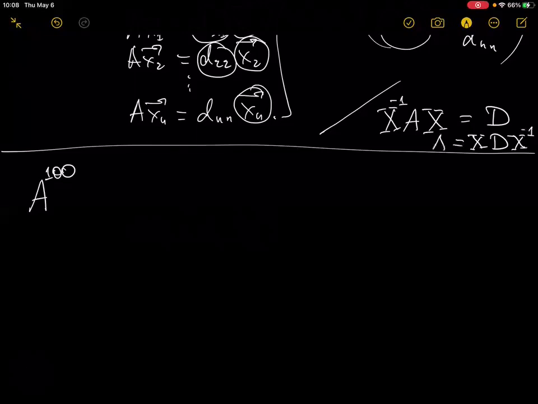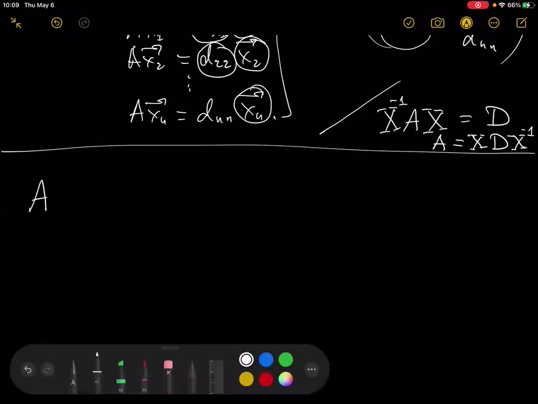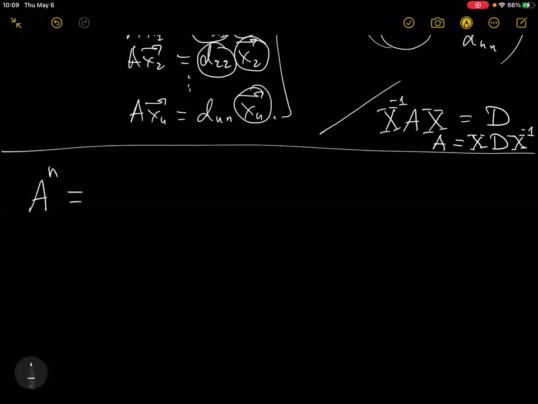And then this will be nothing else but A, right? If I want to compute A to the nth power, then how can I do this? It just means that I need to multiply A n times, right? What does it mean? It means that I can write this as